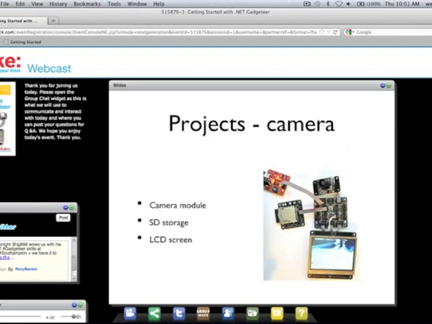So let's have a look at some of the kind of projects that you can make with Gadgeteer. You can, for example, make a simple digital camera, a not very high resolution digital camera, but nevertheless a digital camera. So you would start with a main board, which you can see immediately above the screen on this slide. And then above that, you can make out a camera module. And then to the left of the main board, you've got an SD card